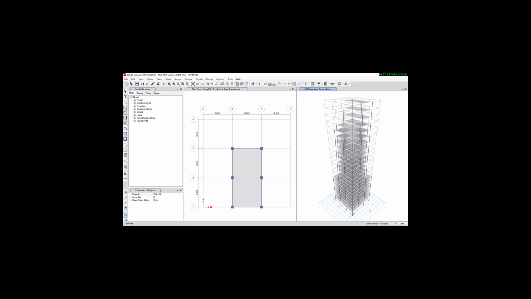Now we have to apply dead load and live load on this building. First of all, we have to give dead load, and dead load for all the building is 2 kN. So we have to select all story from here and select all the story in plan view.